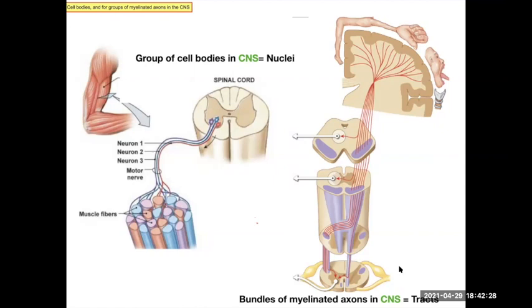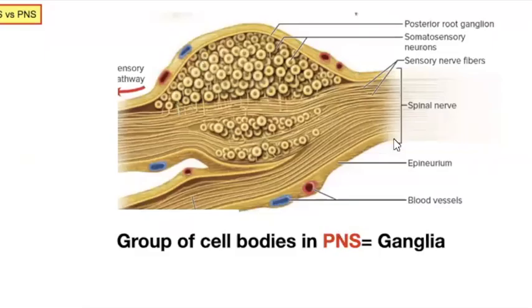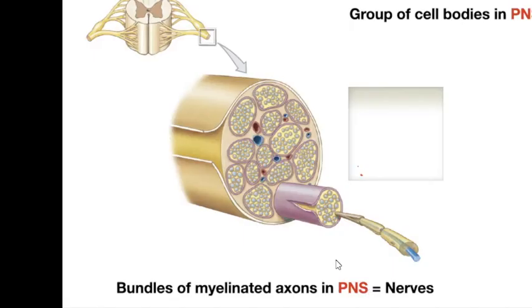That's the language we're going to use for these two things inside the central nervous system. Because when we get to the peripheral nervous system, we'll see a group of cell bodies called the ganglia. So right outside the spinal cord, you have what's called the dorsal root ganglia, full of sensory neurons. That's a group of cell bodies that have something in common, but they're called a ganglia instead of a nuclei. And then bundles of axons, myelinated axons, instead of being a tract,